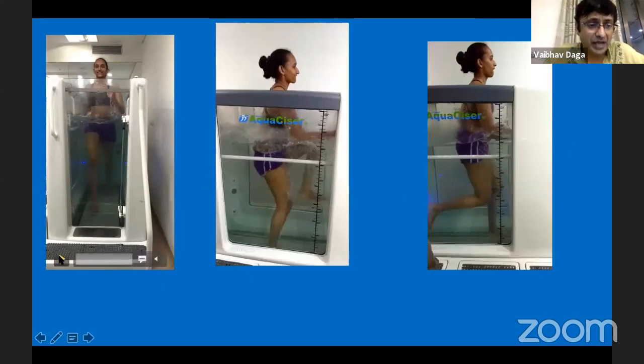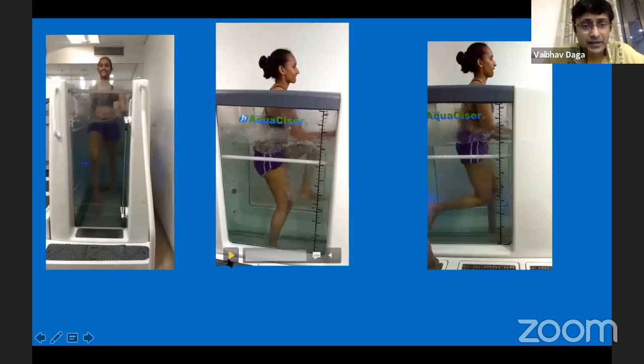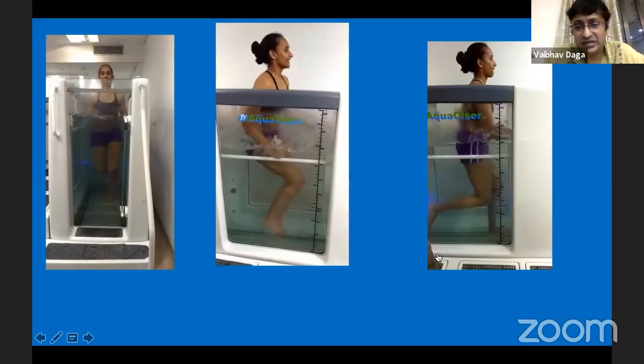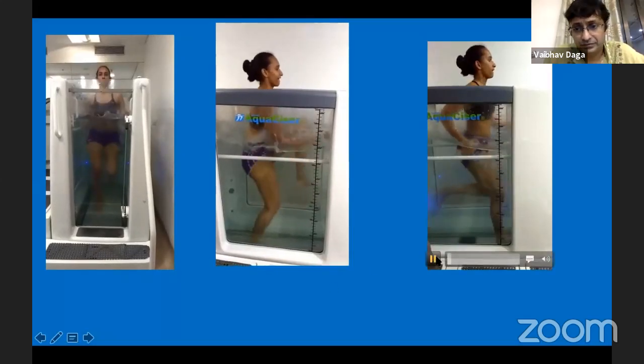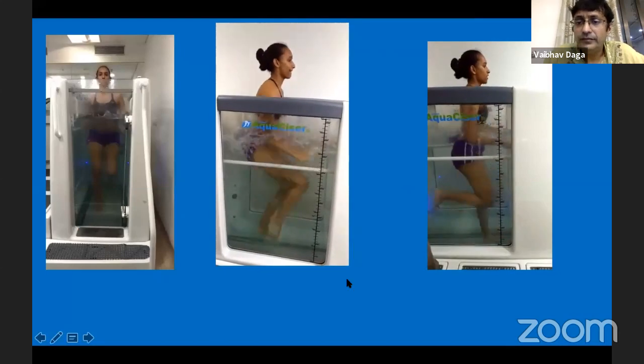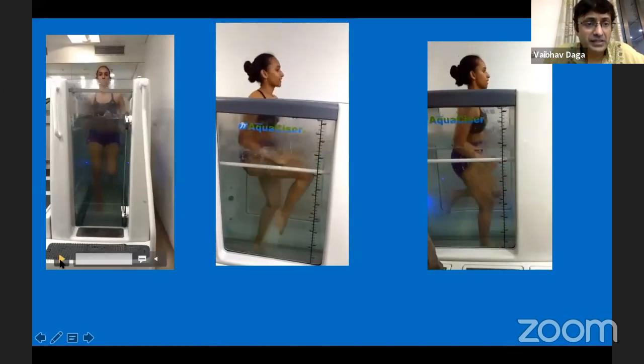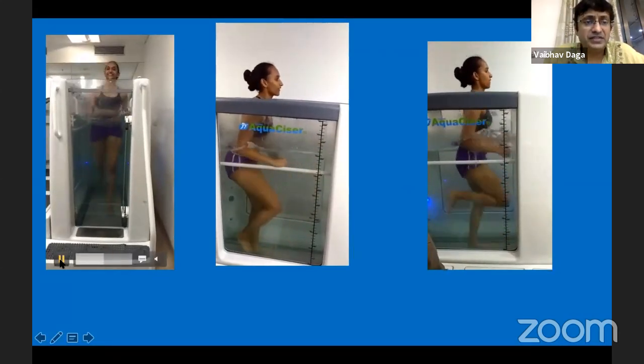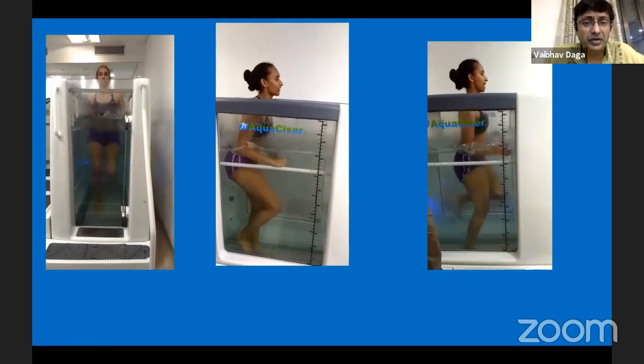This is an example of how we introduce the running in the aquasizer. This is an initial way. This is the facility we have at the Kokila Ben Ambani Hospital. We have the aquasizer because the water takes away the weight. It is easier for a patient to